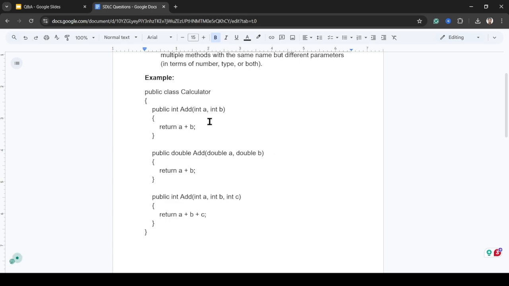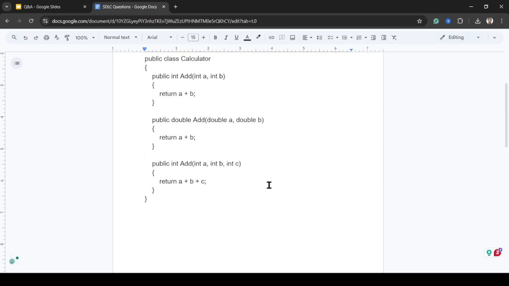This is the overloaded version of the first Add function, and it takes two double variables as input parameters and returns a double output. Then we have another overloaded version of the Add function which takes three integer parameters and returns an integer output. So this is an example of method overloading.